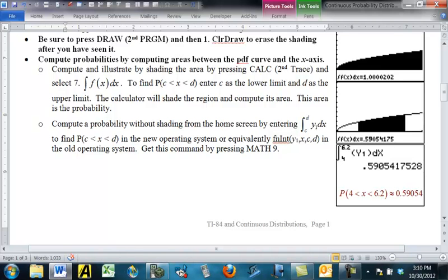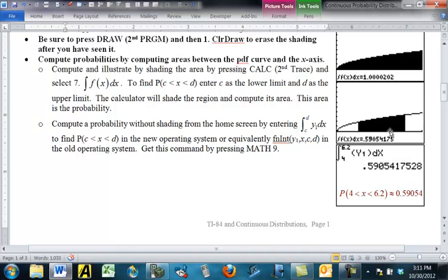Then it'll say upper limit, press 6.2, enter, and then it will shade this. This left edge right here is an x of 4, and this right edge is an x of 6.2. It shades everything in between those two that's below the curve and above the x-axis, and that's the region we're finding the area of, and that area turns out to be about 0.5905 whatever, and that is also the same thing as the